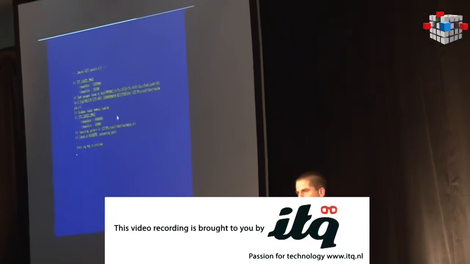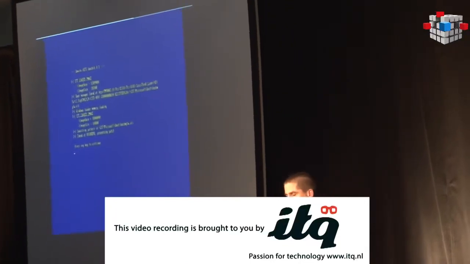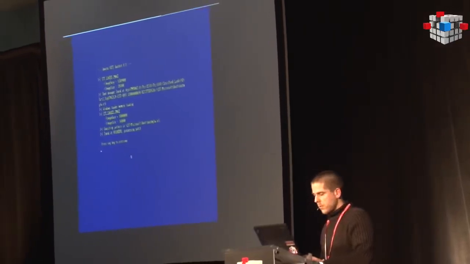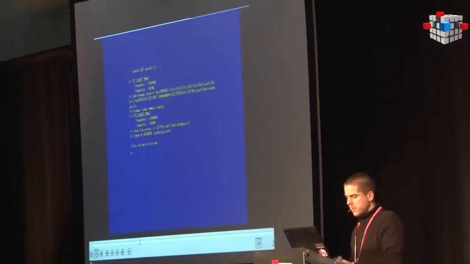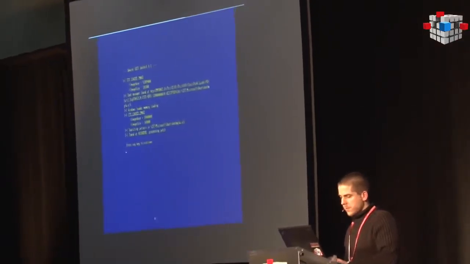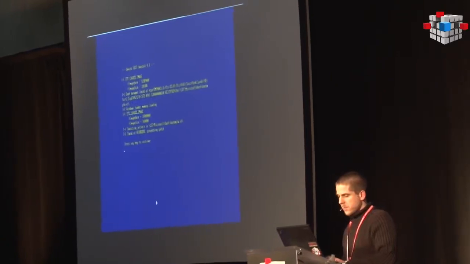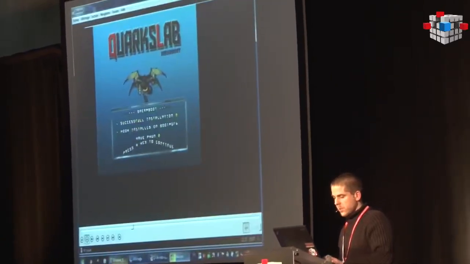So now I've just patched the first bootloader. Maybe I will check.